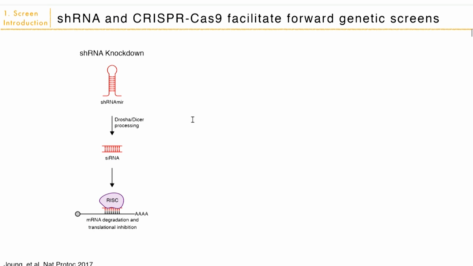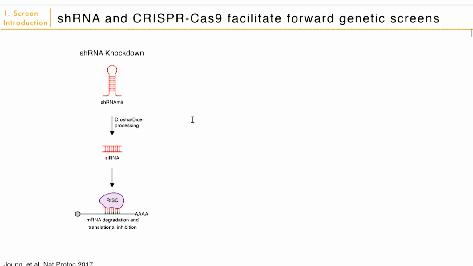So what you can do is you can introduce a pool of thousands of shRNA sequences into a pool of cells. Then to figure out which genes led to your phenotype of interest, you would just sequence the shRNA. And you can tell because shRNA base pair complement the mRNA of interest, which gene was perturbed to get to